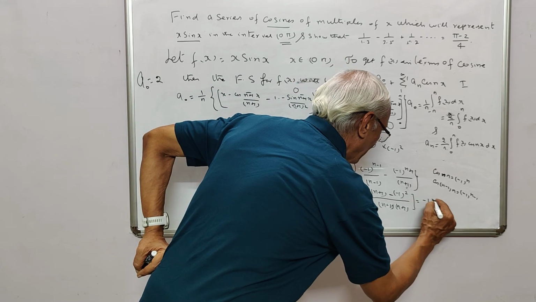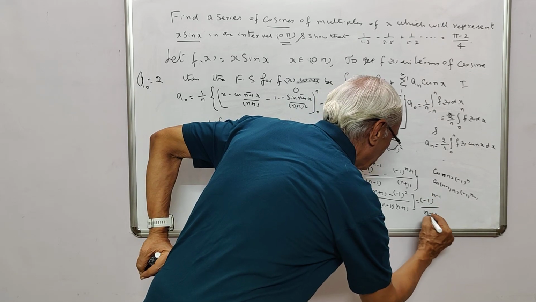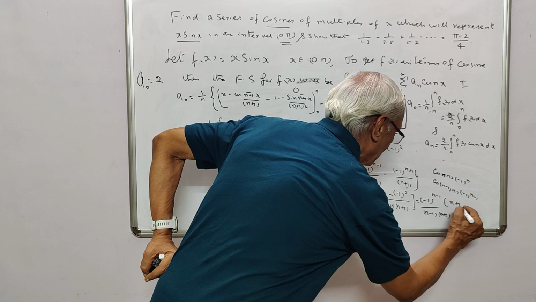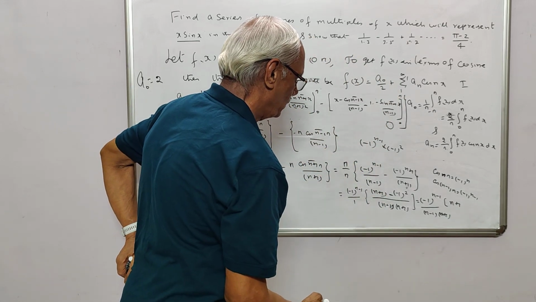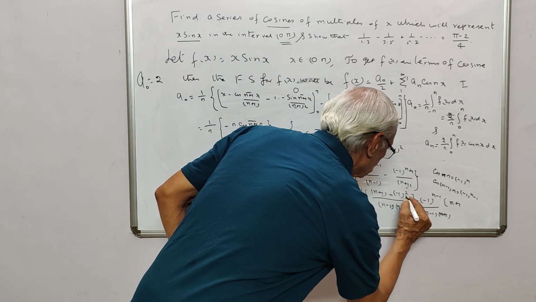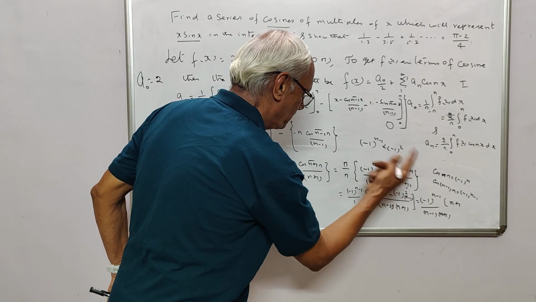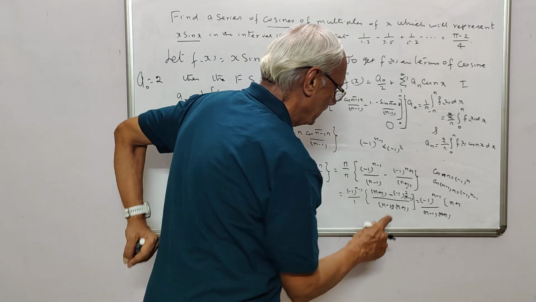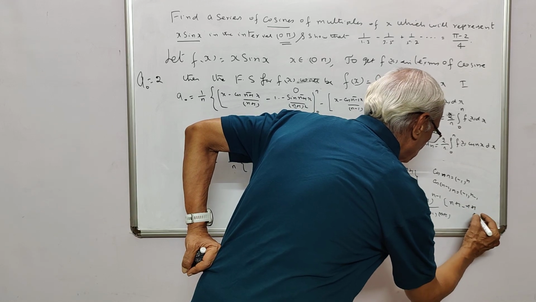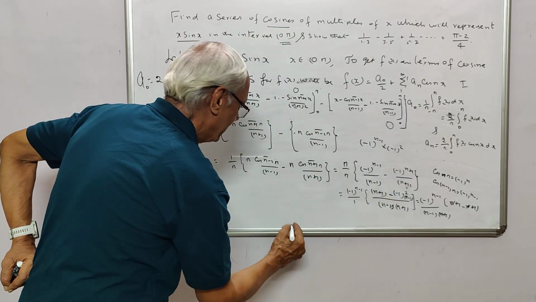So this is equal to minus 1 to the power of n minus 1 divided by n minus 1 into n plus 1, and within brackets it is n plus 1, and here you have got n minus 1. LCM is n plus 1 into n minus 1, so this is n plus 1 of that, this is n. So what is it that you get here? Minus 1 whole square is 1, positive 1. So it is minus n plus 1. So this 2 will go off, giving you what? So you will get this to be,